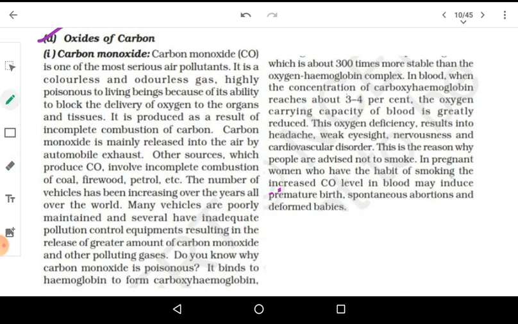So let us see the oxides of carbon. The first one is carbon monoxide. Now carbon monoxide, as you have studied in biology, is a very serious air pollutant. Why is it a serious air pollutant? Because it is blocking the hemoglobin, or reducing the oxygen carrying capacity of the hemoglobin. What happens is that carbon monoxide will react with the hemoglobin. It will bind to the hemoglobin and it will form